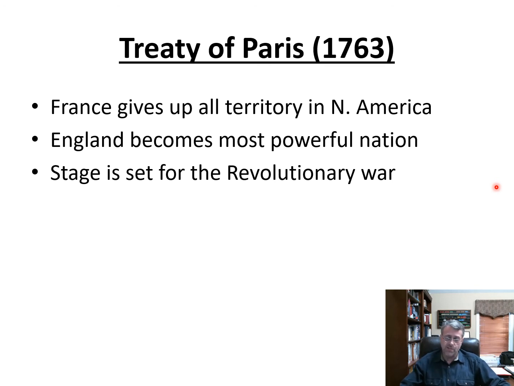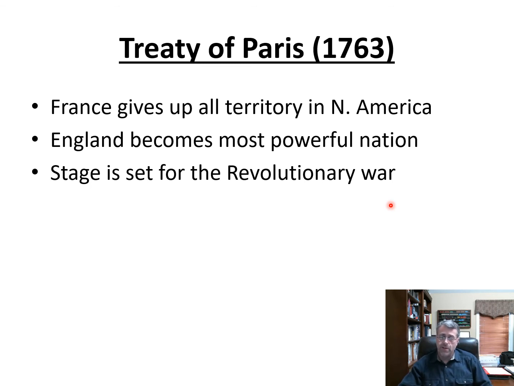And keep in mind, all these years of salutary neglect, the colonies are used to doing things their own way. They're used to running their own affairs. Now England is going to be getting more directly involved. And this is going to aggravate the colonists. The colonists now have England looking over their shoulder every 5 minutes, collecting taxes, enforcing trade regulations, and this is going to create a lot of tension in the colonies. So about 10 or 12 years worth of this tension, starting here in 1763, the 13 colonies in North America are going to be seriously questioning their relationship with England.